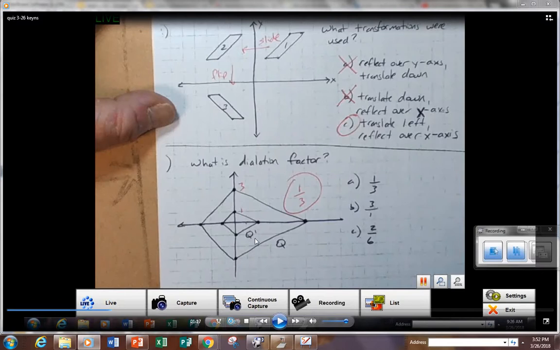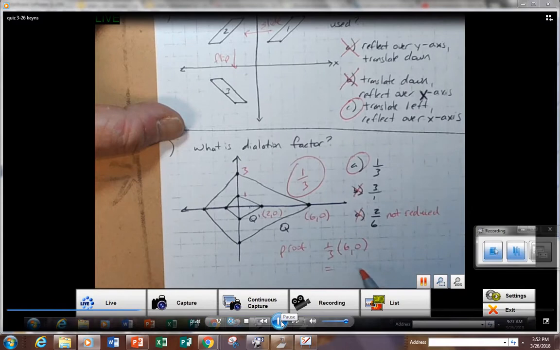If Q was the original and moved up here to Q1, then that would be a dilation times 3. That would be 3 over 1. That would be a dilation factor bigger than 1 if it went from Q here to the bigger one. But this is going from Q to the smaller one. Dilation factor less than 1. And again, look at those numbers, 1 over 3, or negative 1 over negative 3, equivalent to 1/3, or 2 over 6, equivalent as long as you reduce it. So 1/3. The next problem right here,